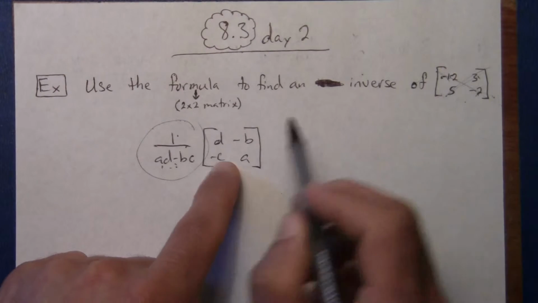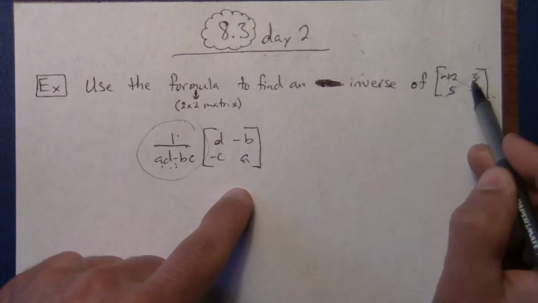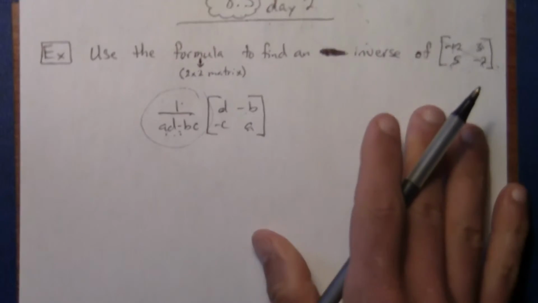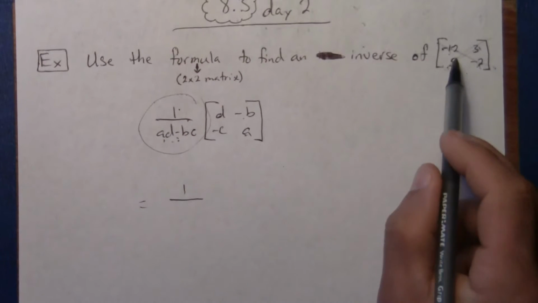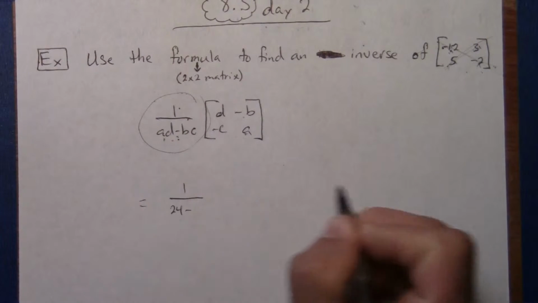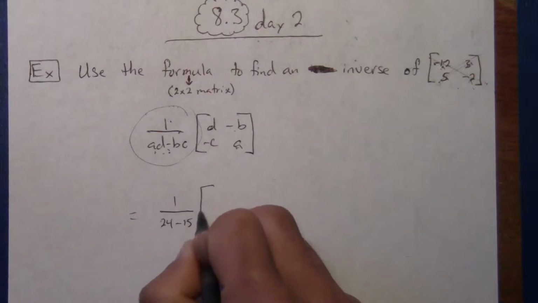A and D change places, so the negative 12 and the negative 2 will change places, and then B and C are these two numbers, they switch sign. Doesn't mean that they're negative, it just means that they switch sign. So if they were negative, they become positive. So to do this, it's going to be 1 divided by A times D. It's negative 12 times negative 2, so it's going to be positive 24, minus B times C is 15, times,